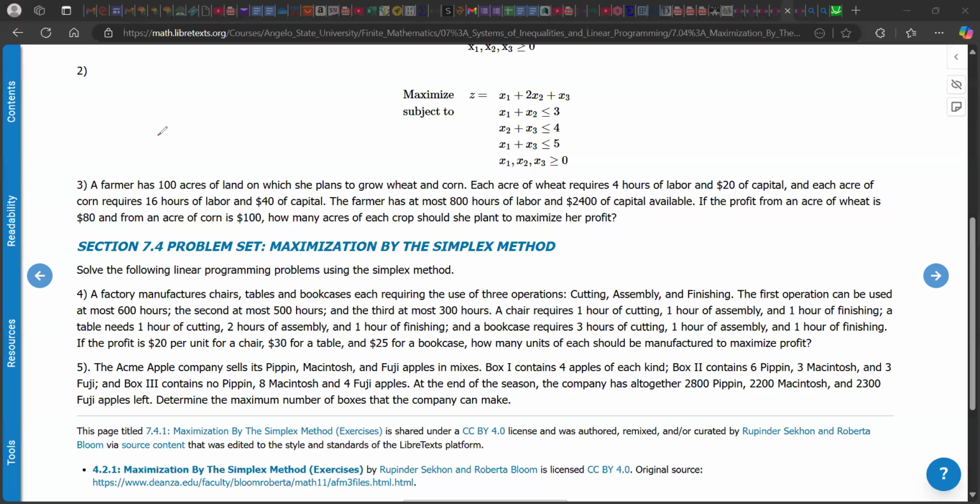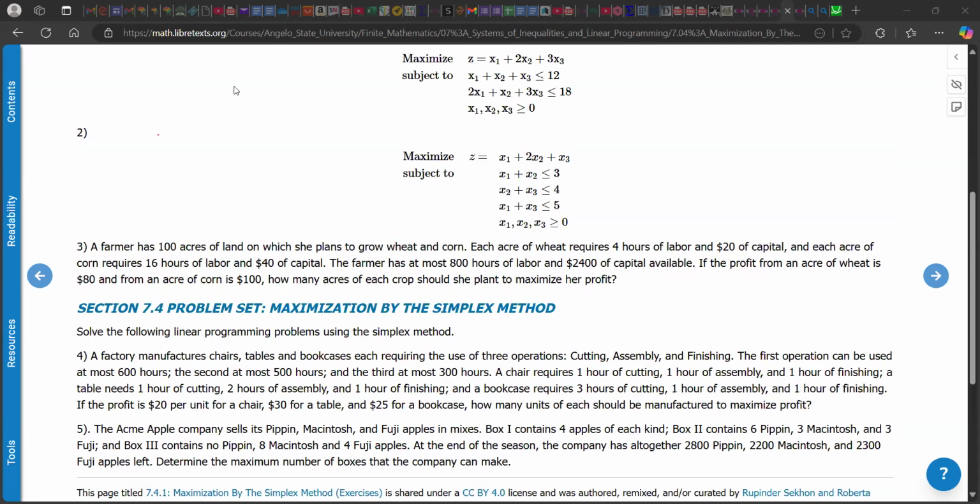So let me use the space on top here. Yeah, I'm using the space on top here. I'm going to write the